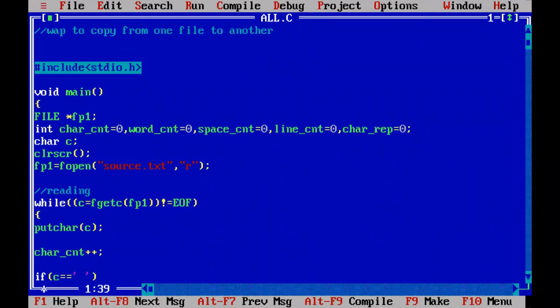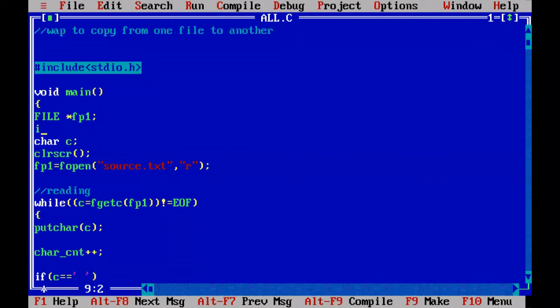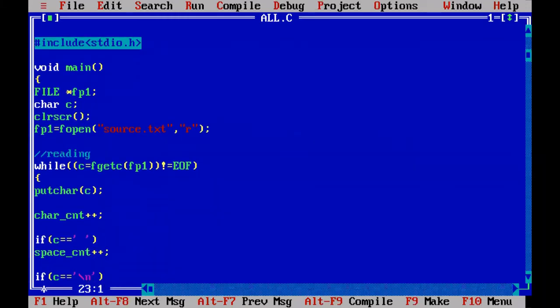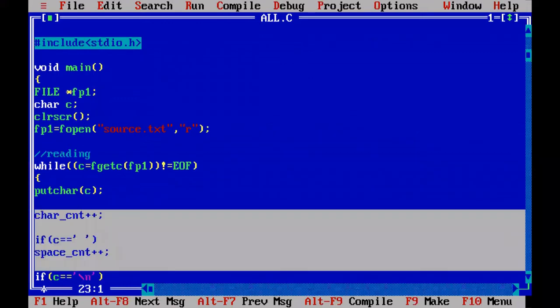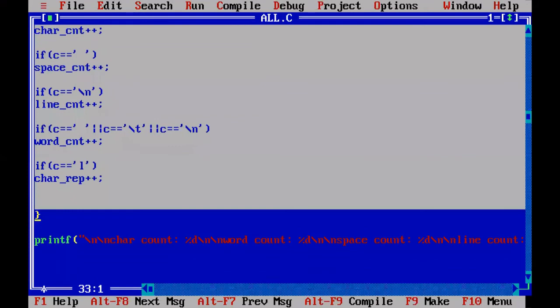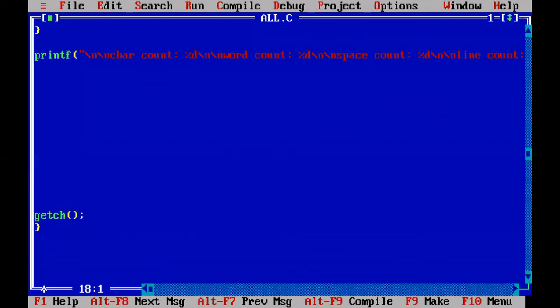This operation we are going to do in this particular program. Modify the program also. You don't need any counters because we are not counting anything in this particular program. We're just copying from one file to the other file, so remove these counters. And remove these counters here also. We are not counting the characters and all. So remove all these counters, and remove this counter printing also.